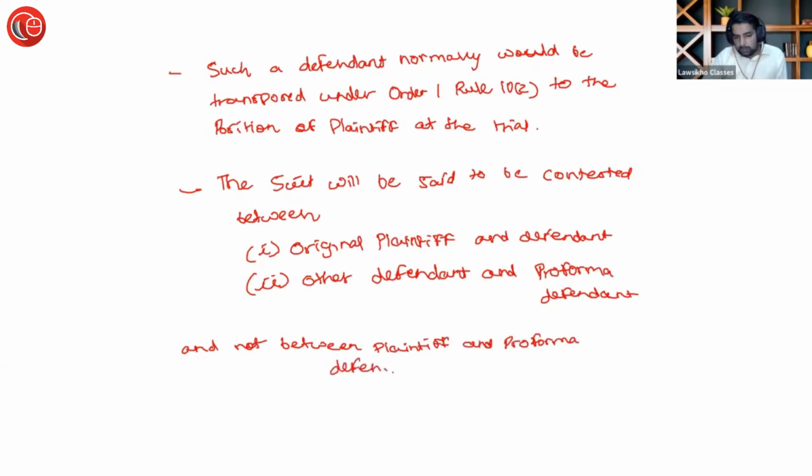अब ये क्यों? The reason, they are not in conflict with each other ना, उन दोनों के बीच में conflict ही नहीं है, तो उनके बीच में सूट कंटेस्ट करके क्या करोगे? डिसाइड करोगे, इश्यूज फ्रेम भी करोगे, उनके बीच में करके क्या करोगे? दैट विल बी फ्यूटाइल. दोनों एक ही लाइंस की प्लीडिंग्स पे फॉलो कर रहे हैं ना, वो बोलेगा मैं भी ओनर हूँ, वो बोलेगा मैं भी ओनर हूँ, तो उसमें इशू क्या फ्रेम करोगे? So the suit cannot be contested between plaintiff and pro forma defendant. The suit will be said to be contested between original plaintiff and defendant, other defendant, that is co-defendant and pro forma defendant. Simple as that.